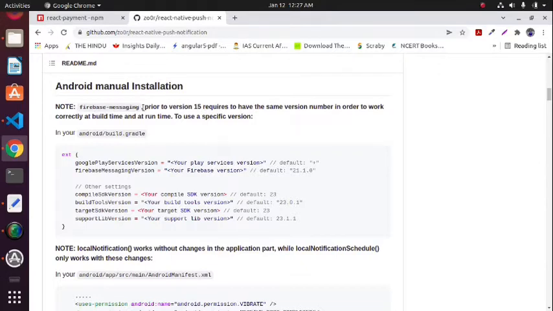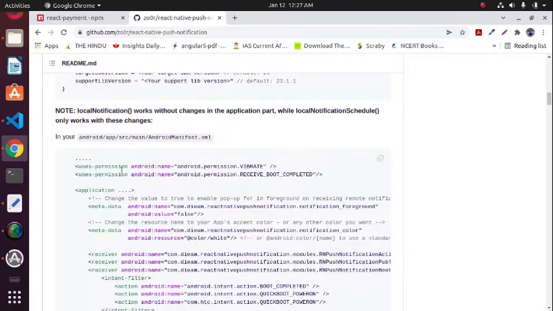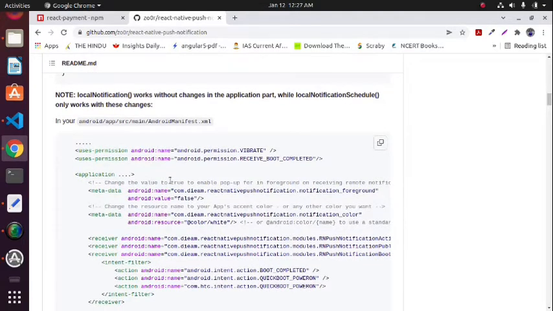Here you can see that local notifications work without changes in the application part, while scheduled notifications work only with these changes. If you want to schedule a notification, say after 30 minutes, 1 hour, or at a certain time, so that the user gets it at that particular time, that's a scheduled notification.